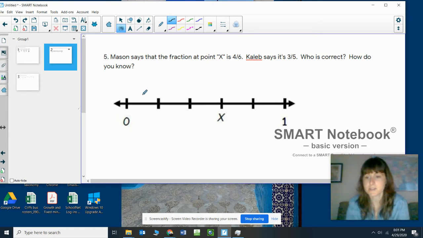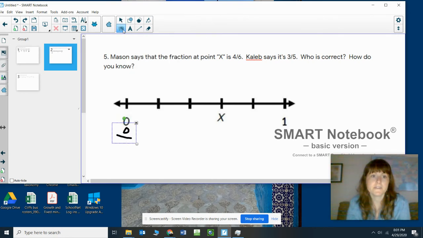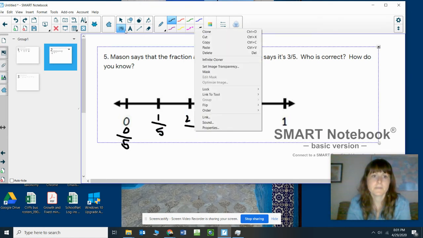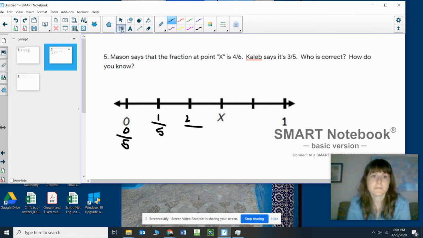Count the intervals or the spaces with me. 1, 2, 3, 4, 5. We know our denominator is 5. So I'm going to go ahead and label the number line. I've got 0/5, 1/5, 2/5, 3/5,